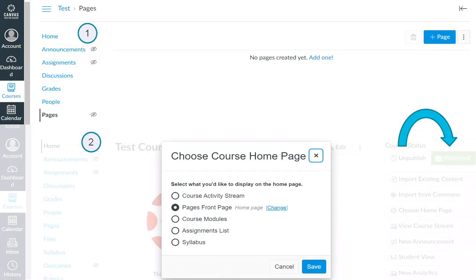You can see in the images, in your course you have to select the Page button, and in the right top corner you have to press the plus Page button, and in the second image you can see the Choose Course Home Page option. You have to choose your page for the home page and publish it for students.